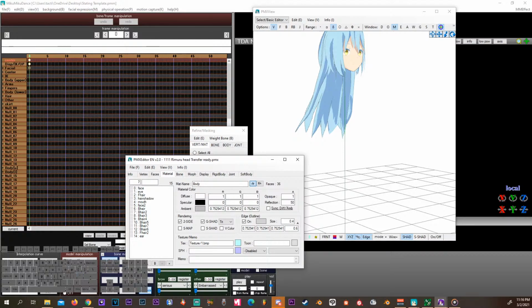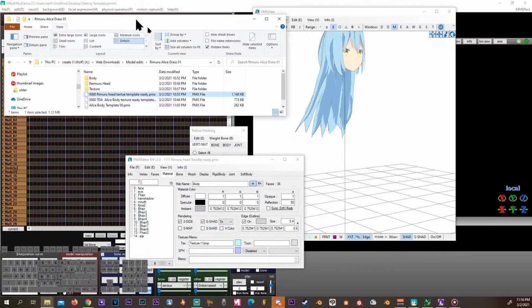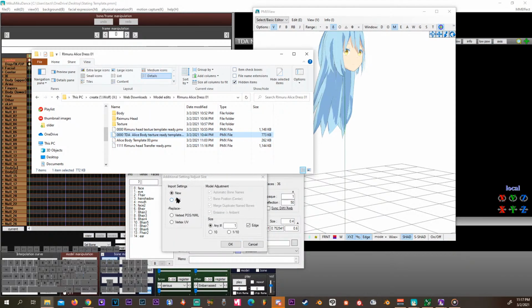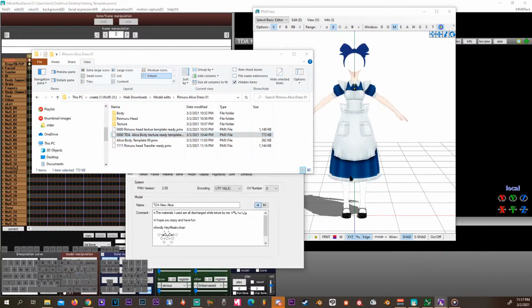All right, so let's grab our models. So now all you have to do is, so texture ready, grab that one. So I want to select new,